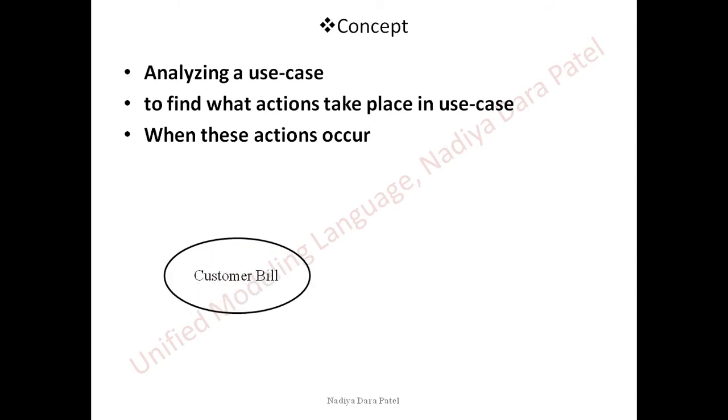So what we are going to do is pick up a big use case from our use case diagram. If you're working on the billing system, customer bill is the important use case from our use case diagram or from our system. We will find what different activities are performed by this use case. If you want to go through this, keep the customer's bill in your mind. If you have gone through a bill, of course you might know how a bill looks and what contents are included in a bill.